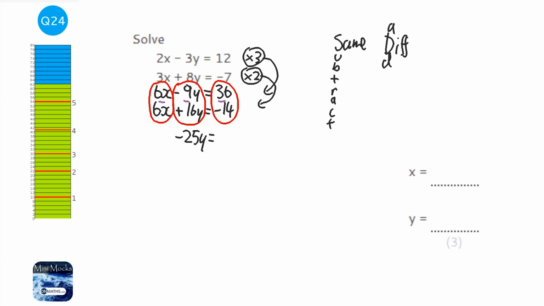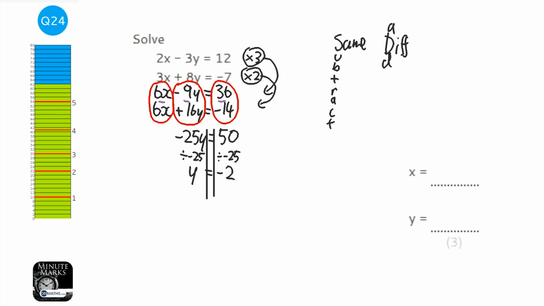And we've got 36 take away minus 14. Now that's going to be the same as a plus. When you have two minuses next to each other, it will be a plus. So that's going to be 50. So I'm going to put my lines down the side, and we're going to divide both sides by minus 25. And you end up with y equals, so that's going to be a minus, and it's going to be minus